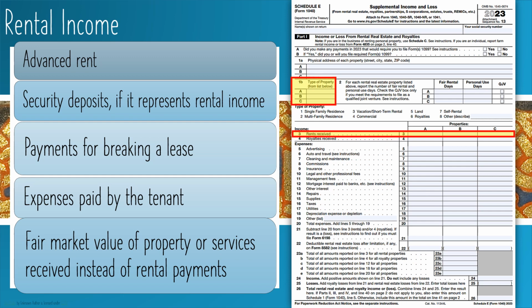So rental income can include advanced rent. So if our taxpayers received cash for rent, they need to report that on their return. That includes security deposits if it represents rental income. And what that means is if the renter is able to get that deposit back, it's considered a deposit and not rental income. However, if that amount of deposit was really for first and last month's rent, that's considered rental income, and it needs to be reported when it is